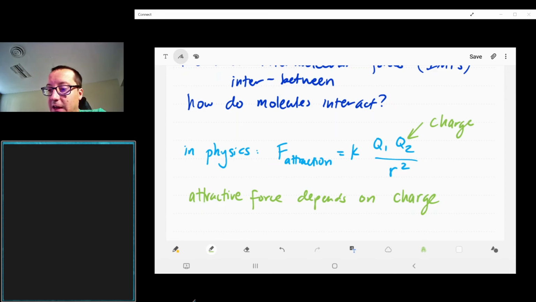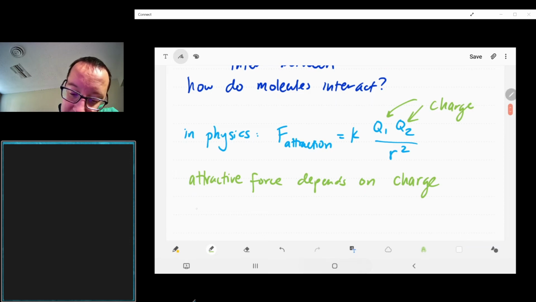If they have full charges, they're going to be very attracted to each other. If they have partial charges, they're going to be less attracted to each other. So Q1 and Q2 are just the charge on the two things that you're looking at. Again, we're not going to use this equation, but it's important that we understand how these factors are going to be relating together. And also